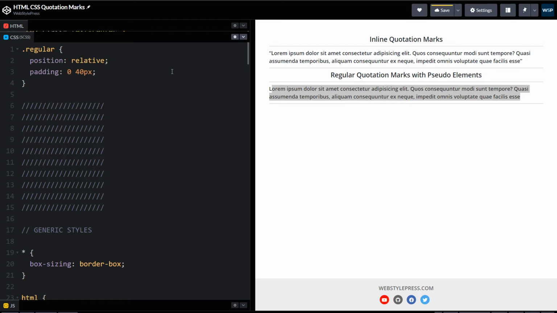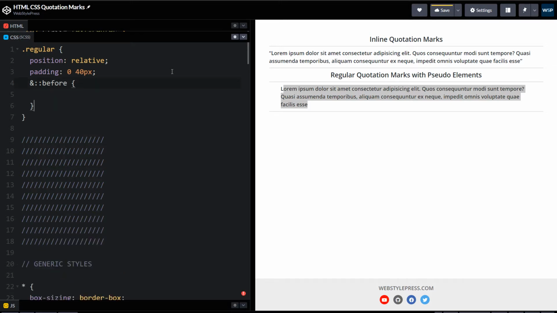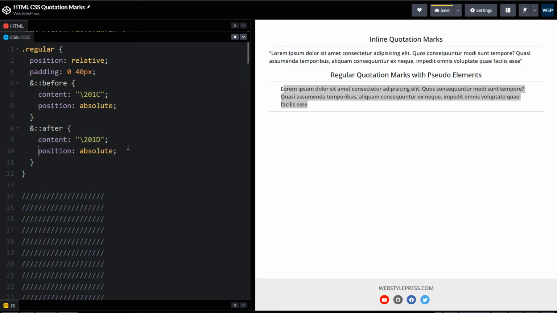For the div, position relative, padding 0, 40 pixels, and then before and after, content and position absolute. For the after pseudo element, content and position absolute. Save. And we have got our quotes here, but let's style these properly.